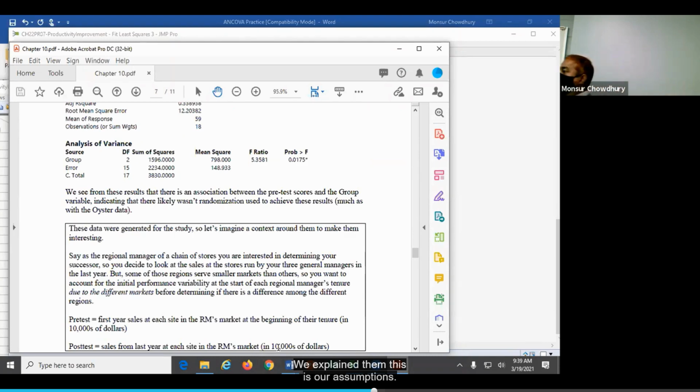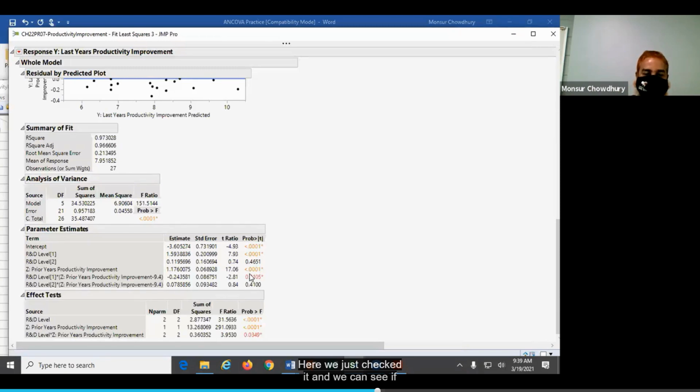We expect that there should not be any redundancy, but in real situations there might be some redundancy between the covariates and the categorical predictors. So here we just checked it, and we can see, if you report this output